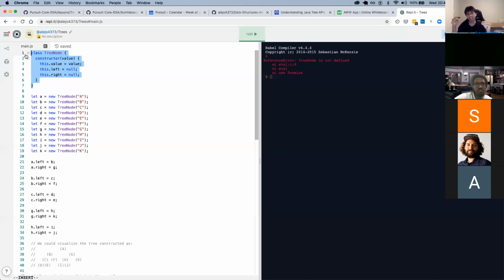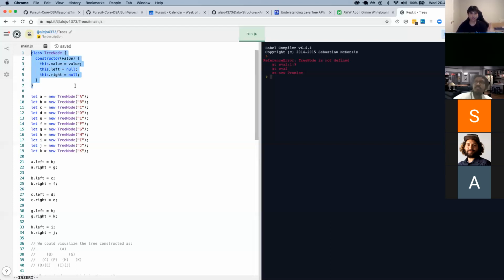Anything you create using that class will inherit those properties and methods. Here we created this class because we want many objects that have value, left and right properties, which we need to implement a binary tree.